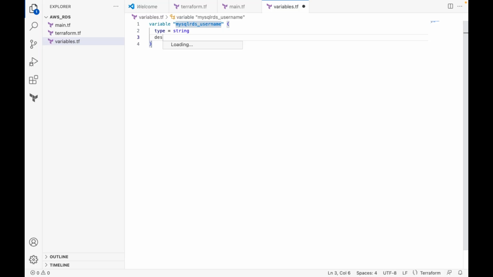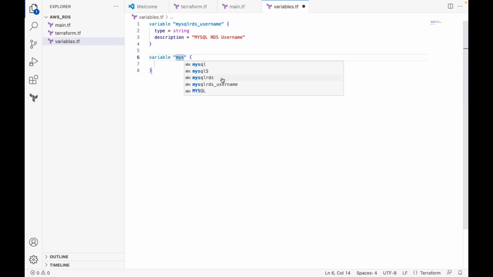description, MySQL RDS instance username, some description. Now another variable, one more variable I'll define. Let's say MySQL database username, like this,